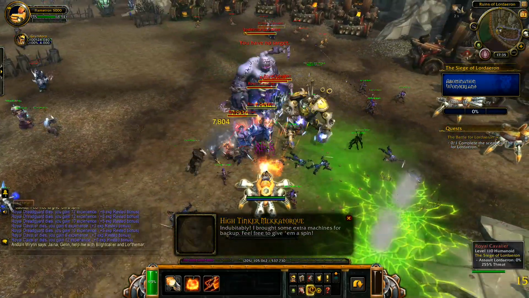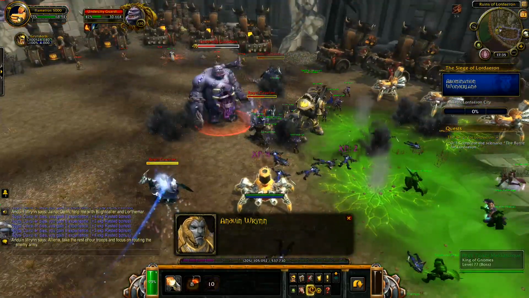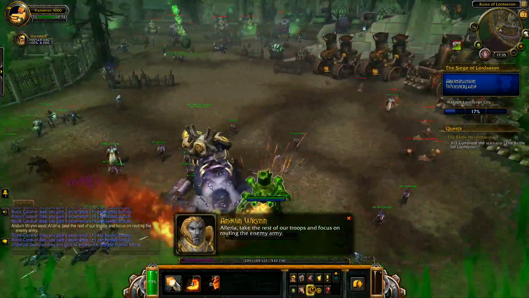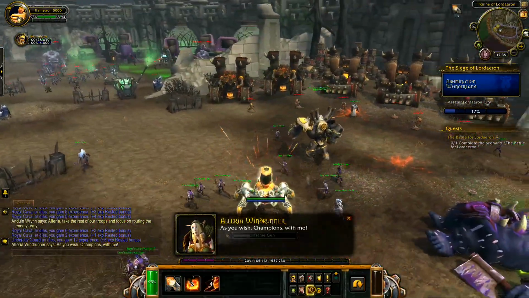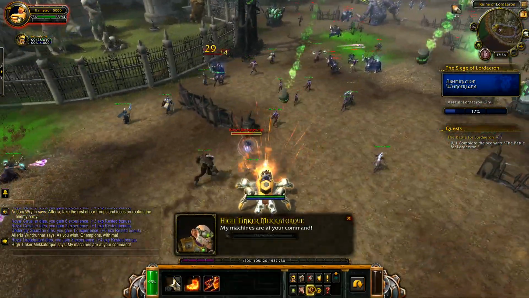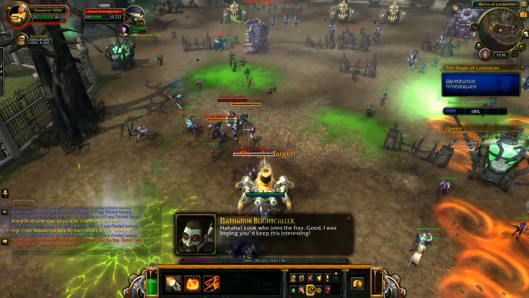I don't have a target. Jaina, Gent, I need a help target. Illyria, take the rest of our troops and focus on routing the enemy. Champions, with me! This thing is wicked cool. My machines are at your command! Yeah. Okay, so long as I...